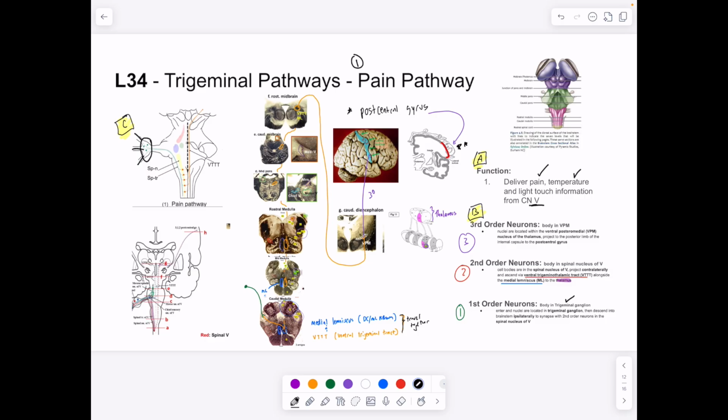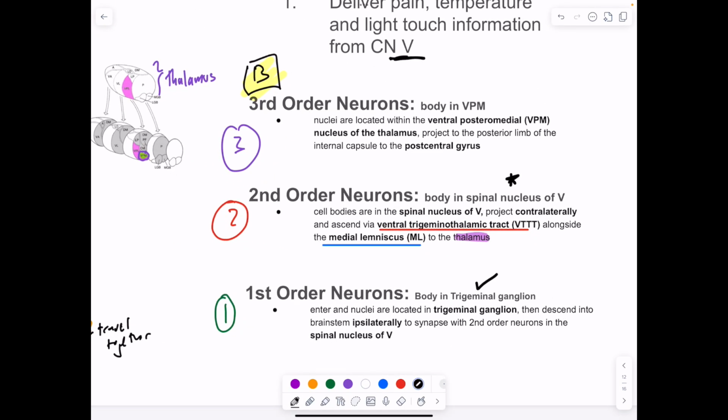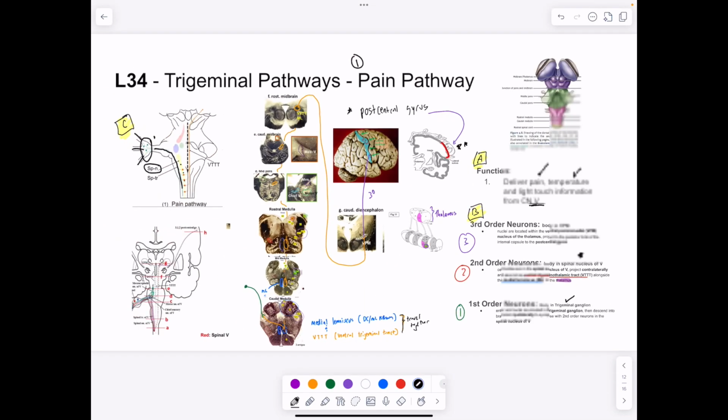The pain pathway is descending, and then it's going to synapse in the nucleus of 5. It's weird. It's descending, and then it's going to ascend. So the first order guy is going to descend along the spinothalamic tract of 5, and then it's going to synapse in the nucleus of 5 right here. Our second order neuron is going to be in the spinal nucleus of 5, and then it's going to project